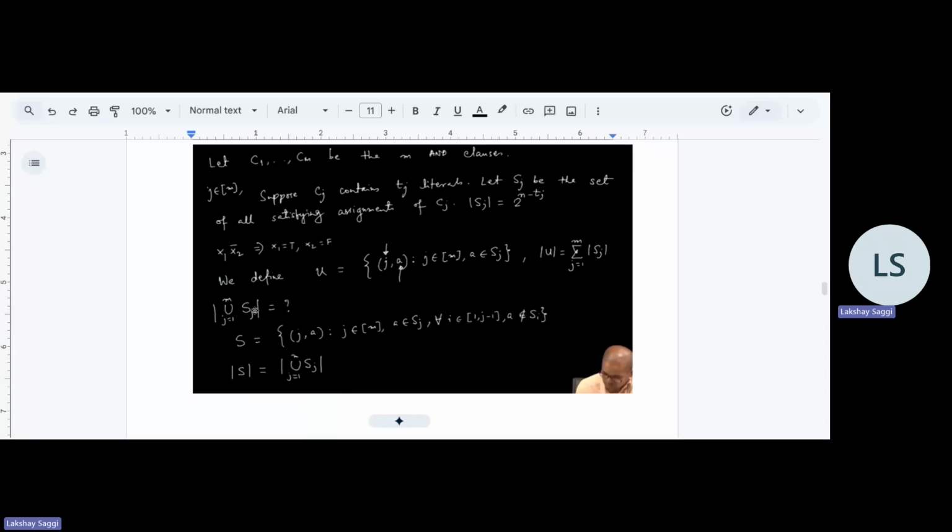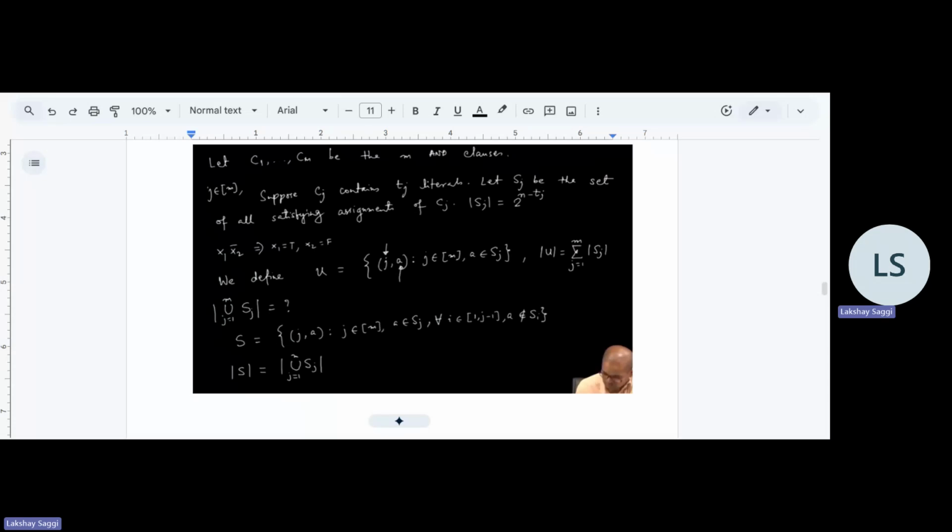Because for the DNF to hold true, at least one of these C1 till Cm should be true. And for that, we have to take one of the values of the set Si. That's why this is the value which we need to estimate, the size of the union of these sets. We can't do this directly because these sets are exponentially large, and that's why we'll employ some